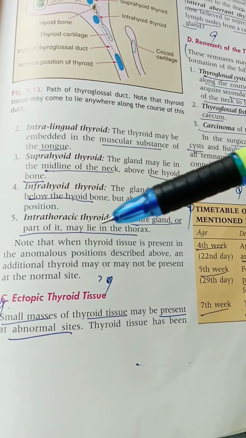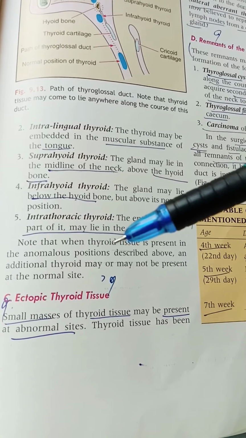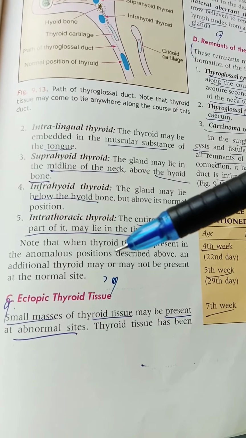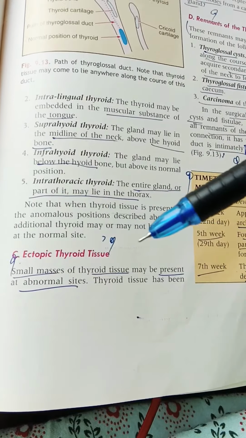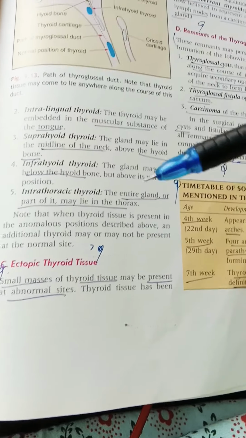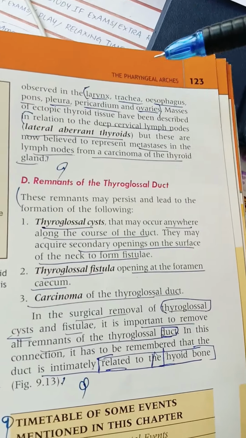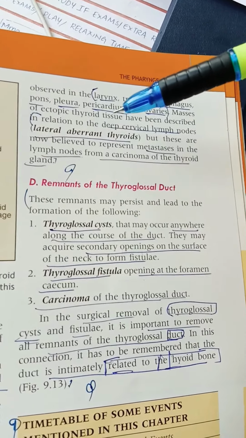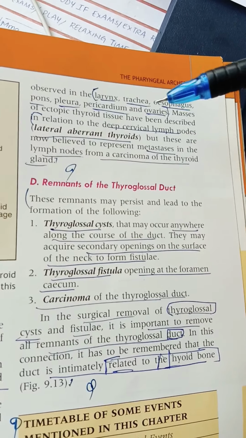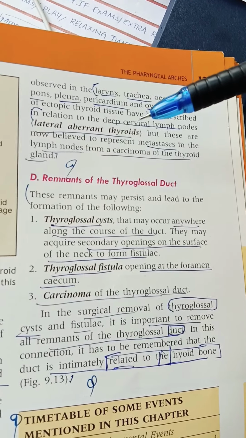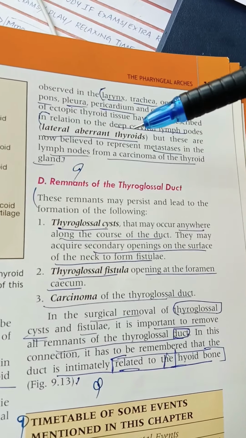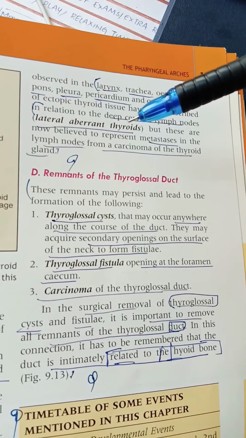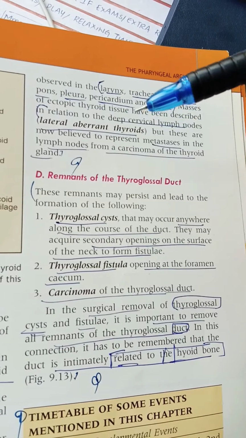Note that when thyroid tissue is present in an anomalous position, an additional thyroid may or may not be present at the normal site. Ectopic thyroid tissue: small masses of thyroid may be present in abnormal sites. Thyroid tissue has been observed in the larynx, trachea, esophagus, pons, pleura, pericardium, ovaries. So masses of ectopic thyroid tissue have been described. In relation to the deep cervical lymph nodes, there are the lateral aberrant thyroids, but these are now believed to represent metastasis in lymph nodes from